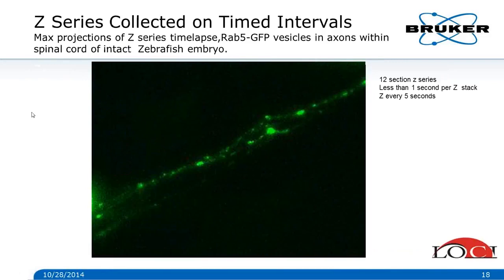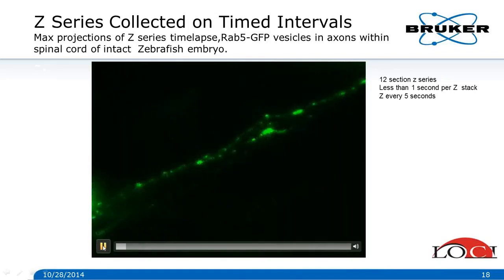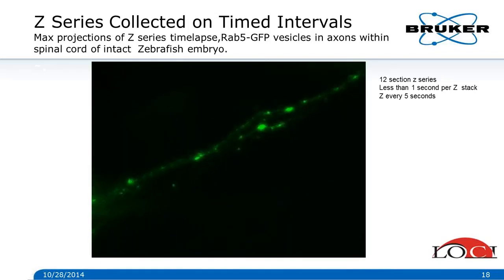Some more physiologically oriented application examples here. This is a time Z series collected using a zebrafish embryo as a specimen. What we're seeing here is a spinal cord in a zebrafish embryo, labeled with Rab5 GFP vesicles. For the data collection here, we were doing 12 sections for the Z series. The Z series was collected in less than 1 second, and then a Z series was collected every 5 seconds. I'll play the movie here for you. You can see the vesicles moving through the